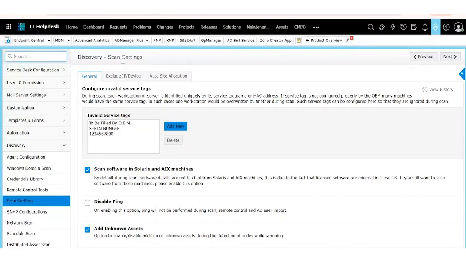And it's very important that it will allow you to configure how and when the application will scan your particular network or the entire network. And the first option in the scan settings that we are going to look into is the configuration of invalid service tag. So let's take a scenario like while performing a scan, the workstation and servers are uniquely identified based